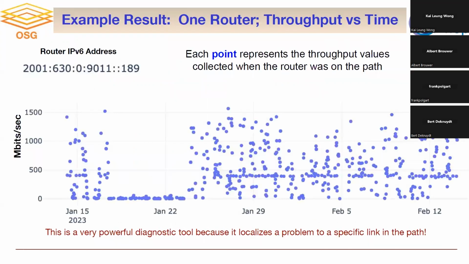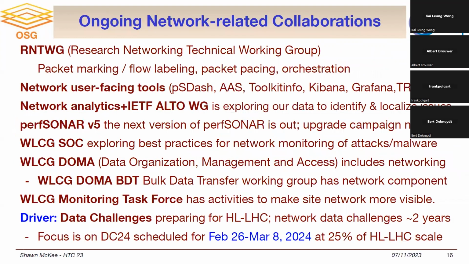So this is actually graphically displaying that. So this is a particular router. All the blue dots represent different throughput values that were associated with that router by looking at the traceroute. And you can see as a function of time, something obviously happened. This router was definitely involved with some significant decrease in bandwidth, right? And so this is getting us to the point where we can now start to localize where bad things happening in the network may be actually occurring. Okay, so that was an example of some of the complexity that we're trying to deal with.